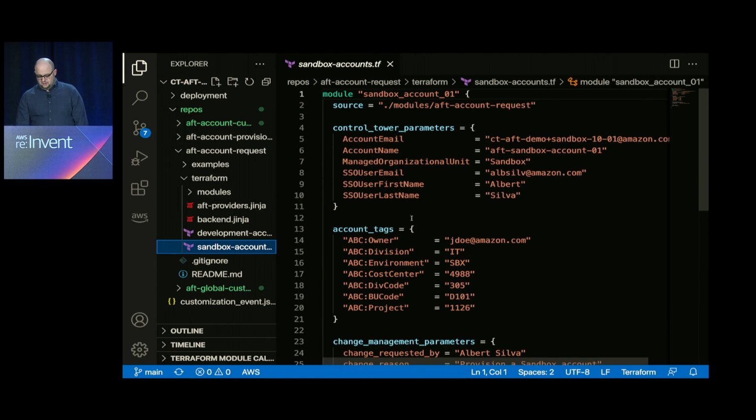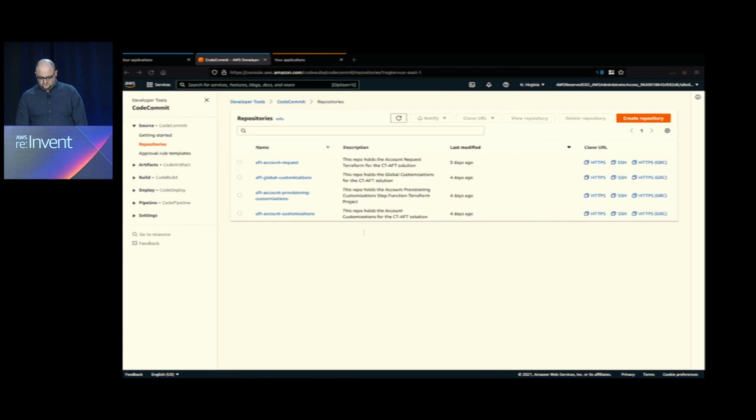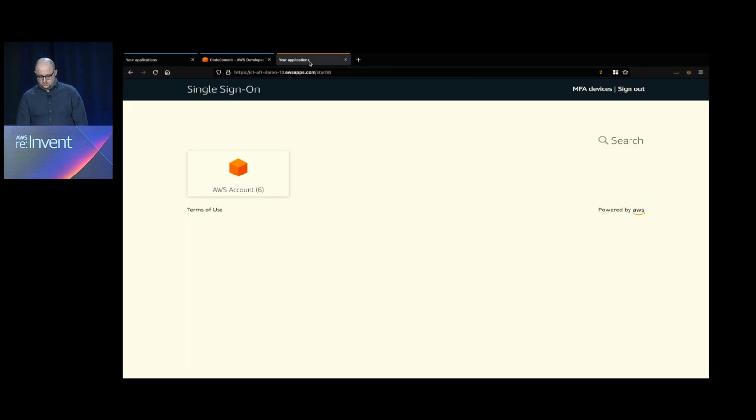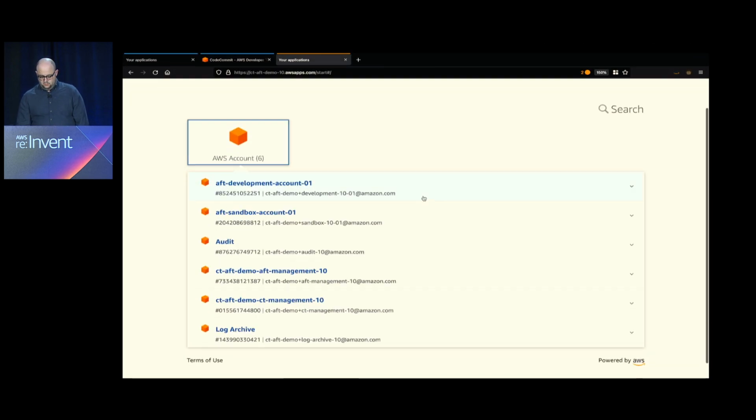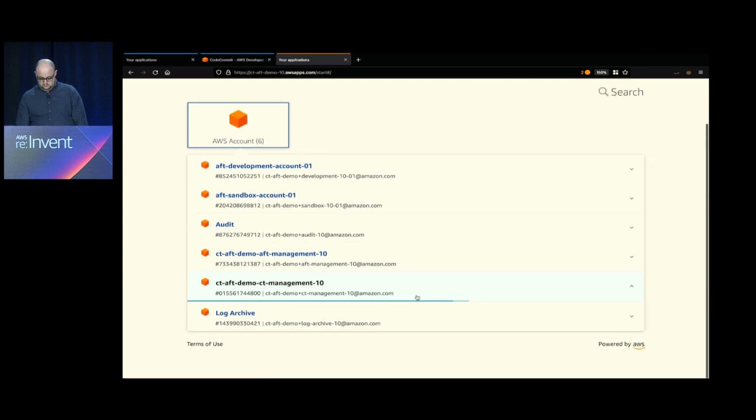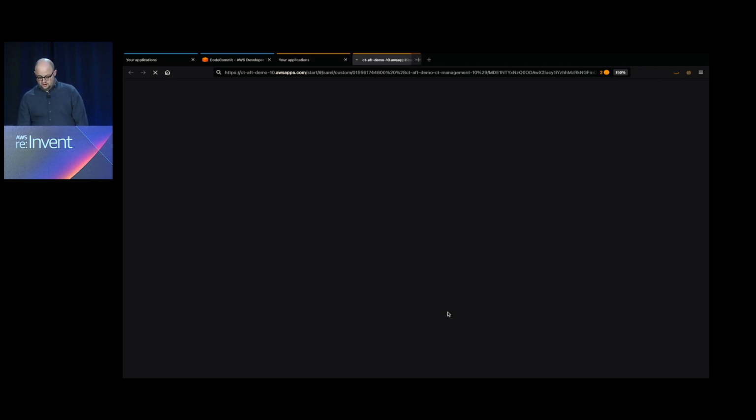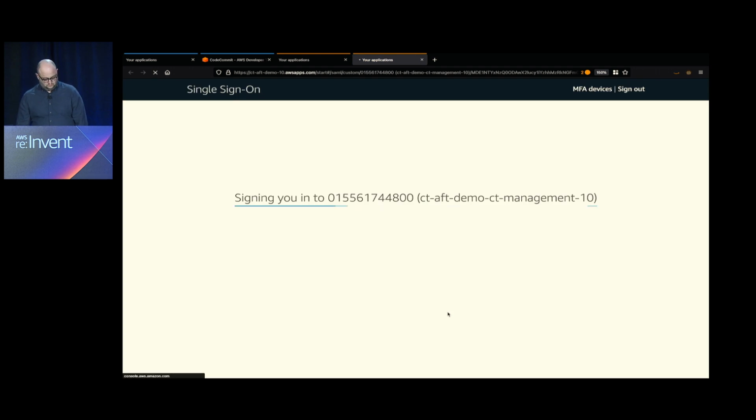So if we take a look at this sandbox account, we want to go ahead and find it in Orgs. So if I come over to my Control Tower management, we log into the management console.